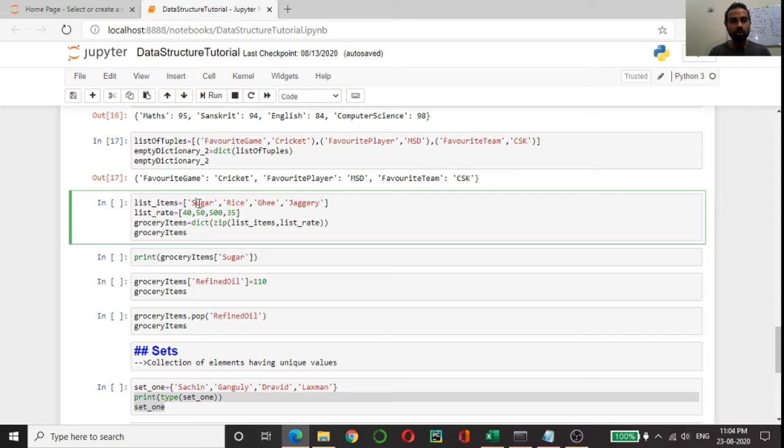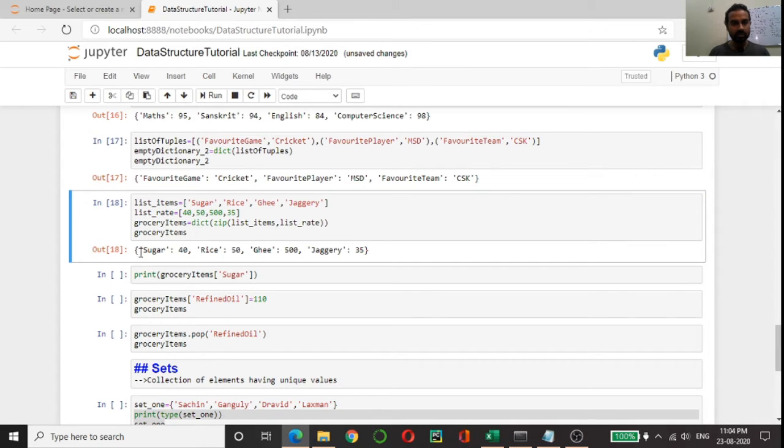Like this, sugar will be paired with 40, rice will be paired with 50, ghee will be paired with 500, jaggery will be paired with 35. So we can simply zip them, and then we can pass them in the dict object, and the dictionary will be created. As you can see, the dictionary is created.